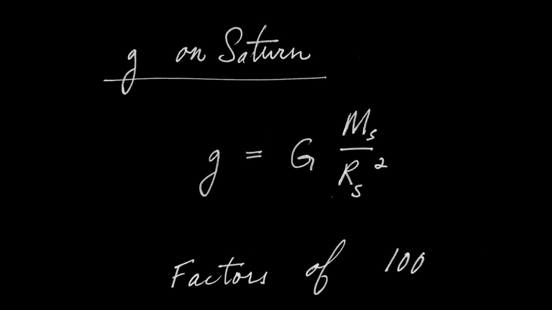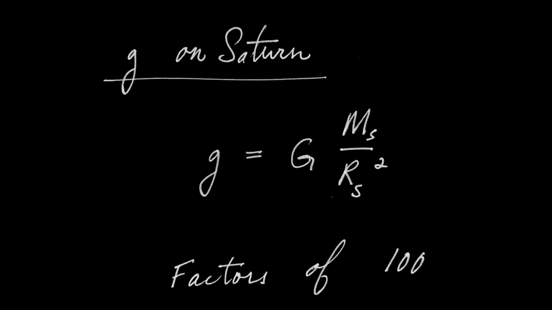So what you need to do this calculation is, first of all, you need to know that the acceleration due to gravity is the universal gravitational constant, the mass of the planet divided by the distance to the center of the planet squared. So in the case of this calculation, I'll be doing the universal gravitational constant, which is 6.67 times 10 to the minus 11th, the mass of Saturn, which is given in the problem, and the radius of Saturn, because the distance between the center of Saturn and the surface of Saturn is the radius of Saturn, and that's squared. So you just have to put those numbers in and calculate them, but you get a very curious